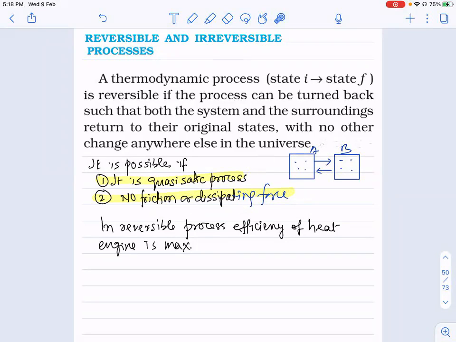Suppose we expand the piston fast, outward, then there will be more force inside and less force outside. Only then can we make it fast. So the forces will not be in equilibrium. There should be mechanical and thermal equilibrium. Shall I write here? There should be